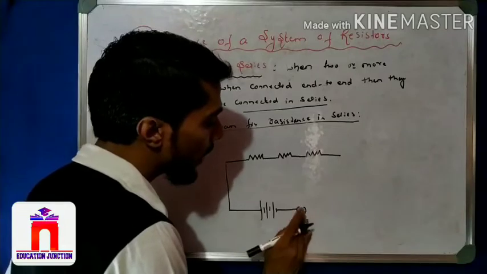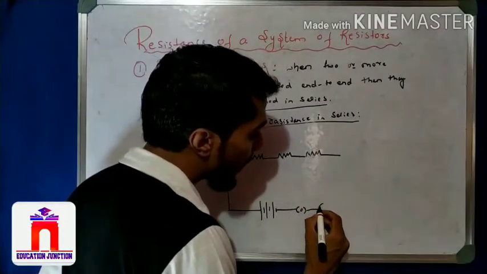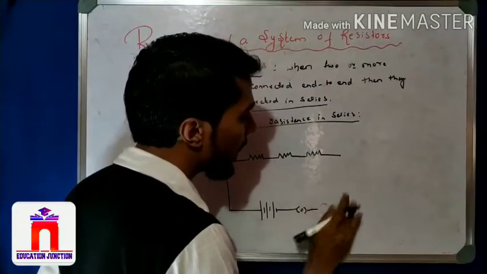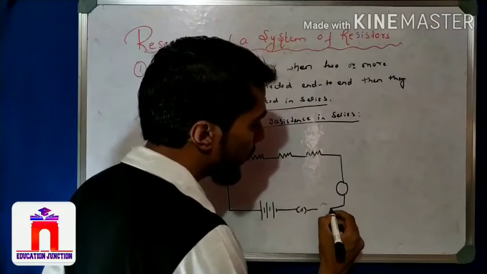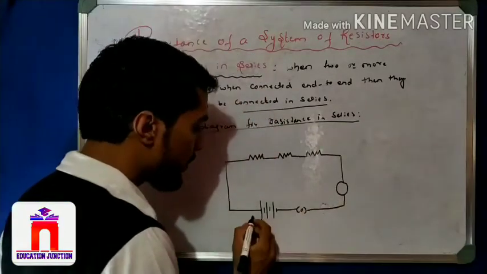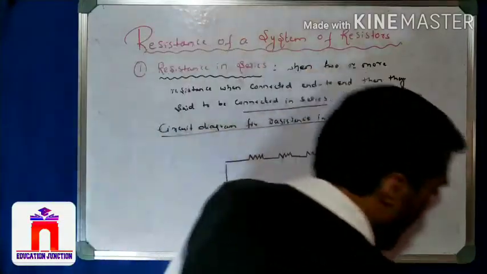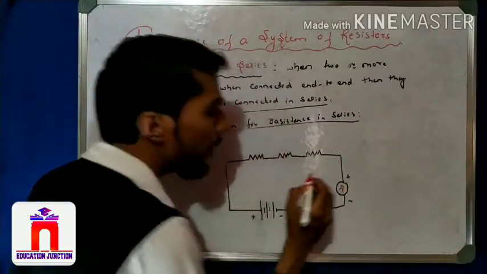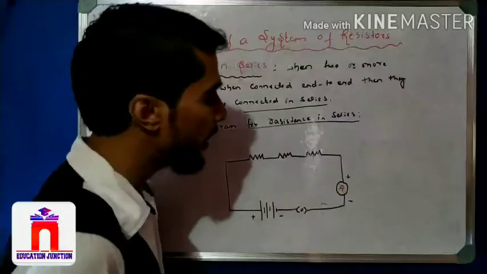Okay, I can label it later. It is the key, and then I require something for measurement of current, that is the ammeter. I can take the ammeter here. Then I close this. Now this is plus, this is minus, and this is plus, and this is minus, and this is, students, nothing but the ammeter. Why is the ammeter used? The ammeter is used for the measurement of the current in the circuit, right?